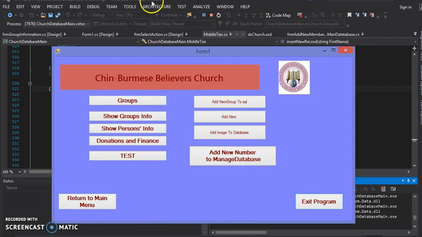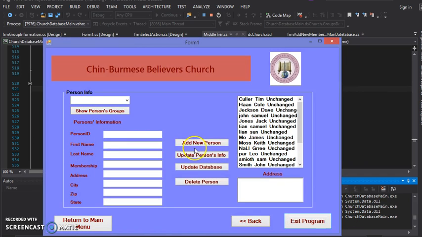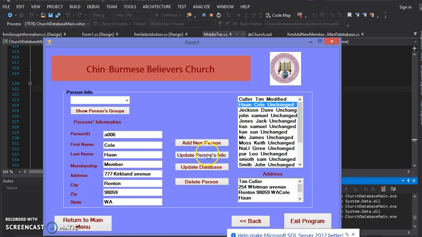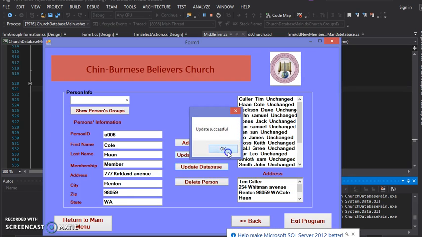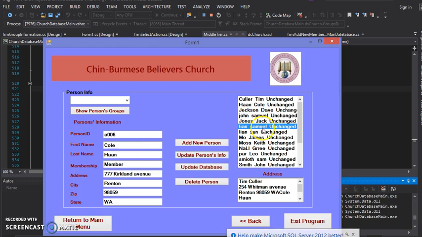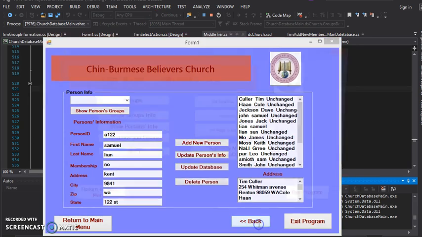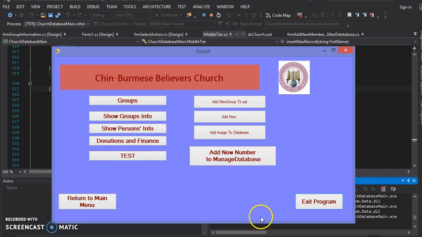And this is my personal info. For example, if I want to update, modify this person, the update to this database is a success. I can delete, like save, delete is deleting. I go back again,